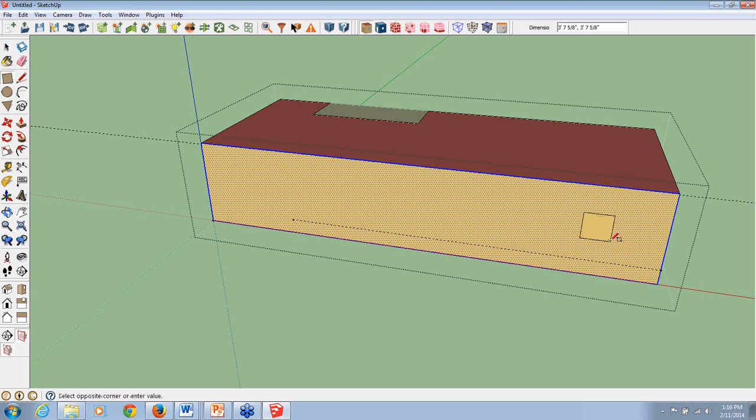I can put that window anywhere. I can put it here, and then I can select it and simply move it, anchor it to my line, and then also select that window and yet again use the move tool and